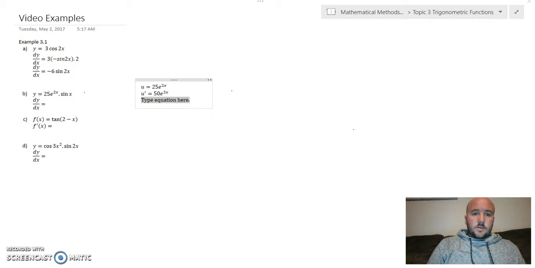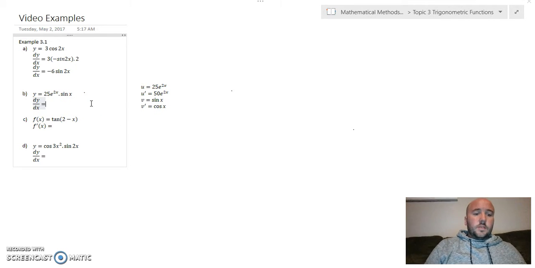v is going to equal the sine of x, and then the derivative, v dashed, will equal cosine of x. So now that we have those four things listed, we can come back to our derivative function. Using u dashed v plus u v dashed, we end up with our 50e to the 2x multiplied by the second term, so sine of x, plus the first times by the derivative of the second, cosine